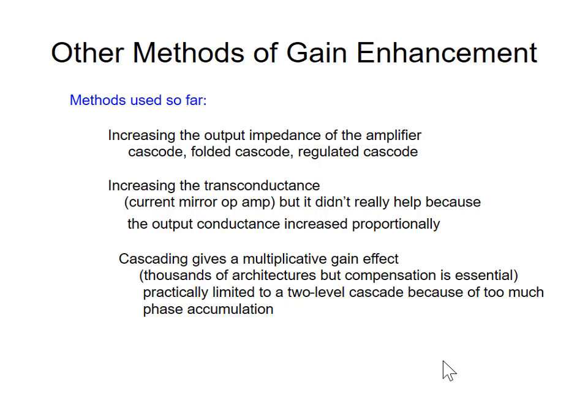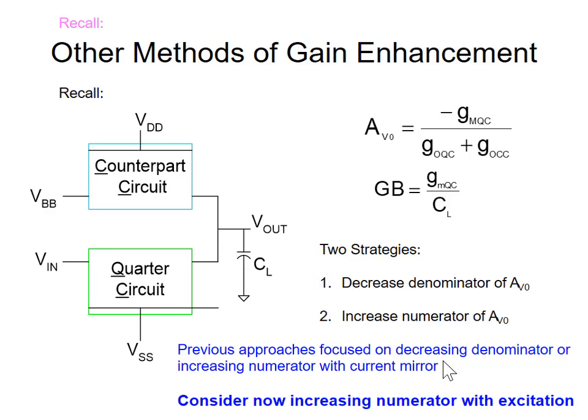We looked at cascading. We spent time looking at the two-stage structures, but we have the compensation issue. If we can start with a higher gain or higher gain bandwidth product, even to go to two-stage, it makes our designs easier. So let's go back to our original strategy and see if there's a way that we might be able to increase the numerator. One way to increase the numerator is to drive both the